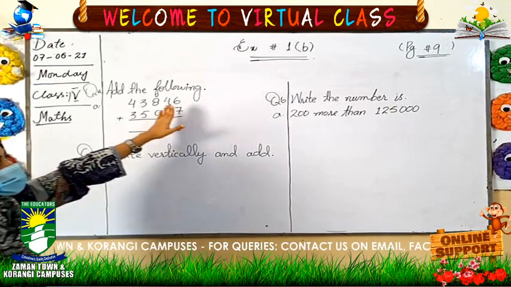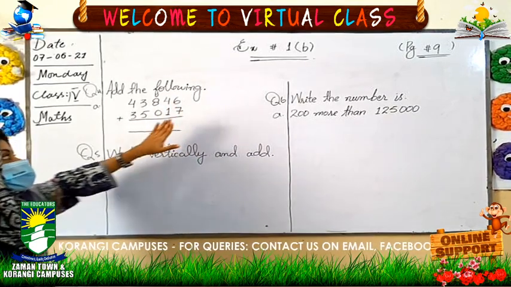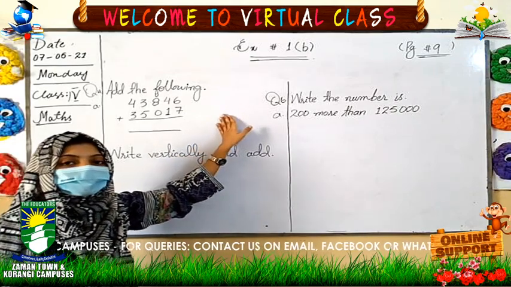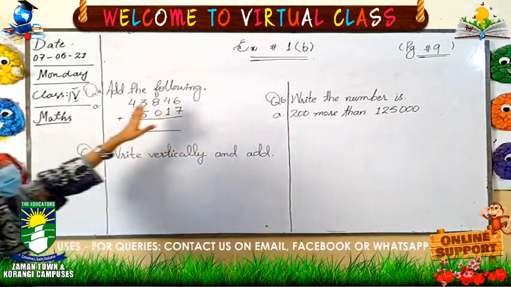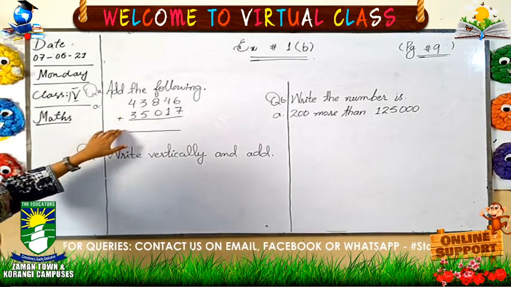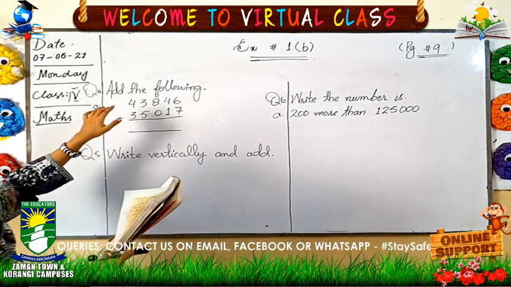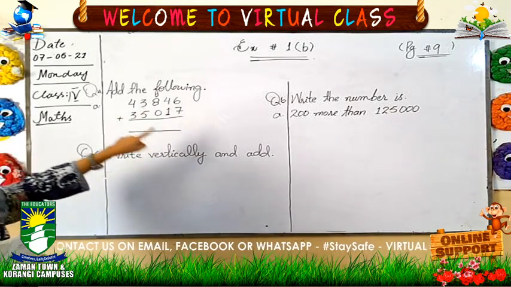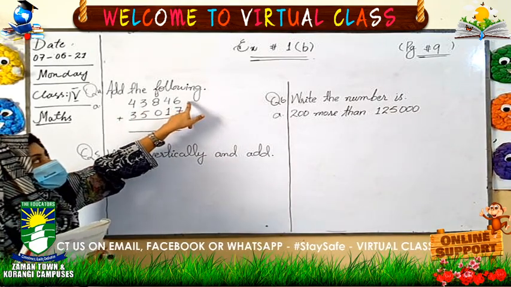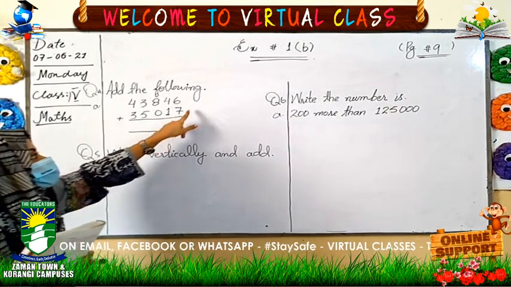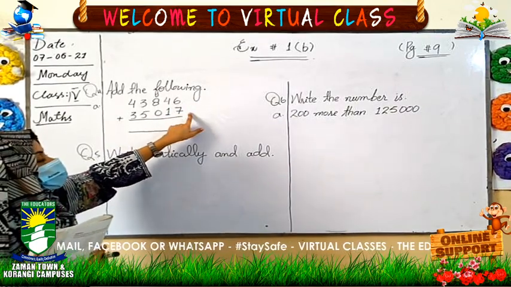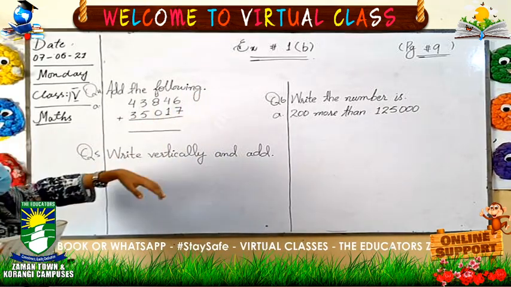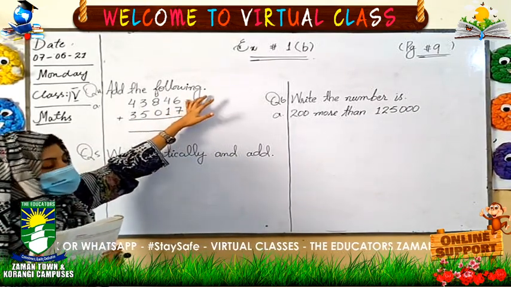You may find this question in your book, and this is your book work. You have to solve this question in your books. Look here as I have written it on the board. Now, adding these numbers, how will you add them? You will add this number into this. What does it mean? You have to add 7 into 6.